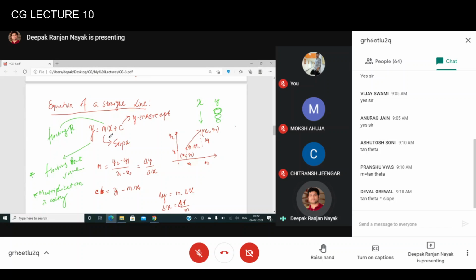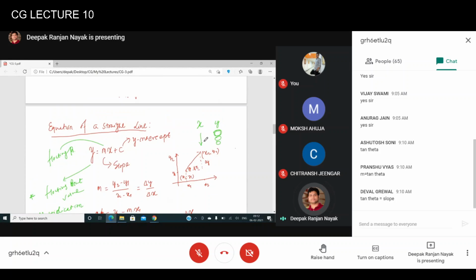And what we are doing here is, if you know the c value and m value, and the x value is given to us because we know the x values, we can calculate the corresponding y values, which will also be of floating point category, right? So as we know, we will be working in the raster environment, where you will not find floating point values; you will get values in the form of integer values.